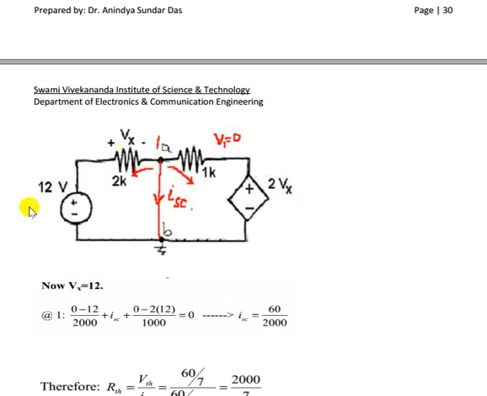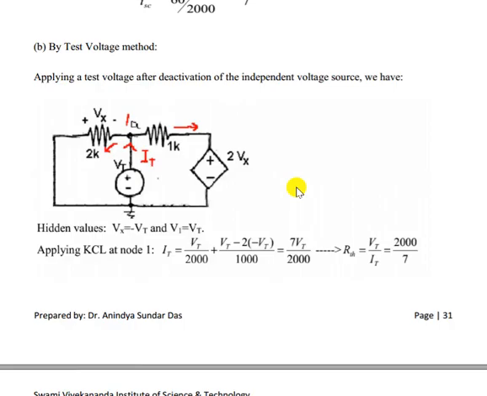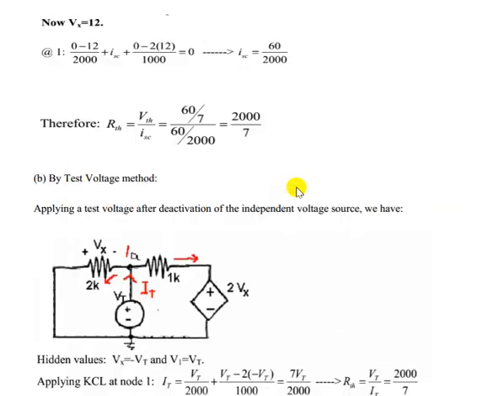So that is Thevenin's theorem, how you can solve. If the circuit has both dependent and independent sources, this method is the short circuit method. Find the open circuit voltage and short circuit current. So you get VTH, and RTH is VTH divided by ISC. Okay. Then we get the result.